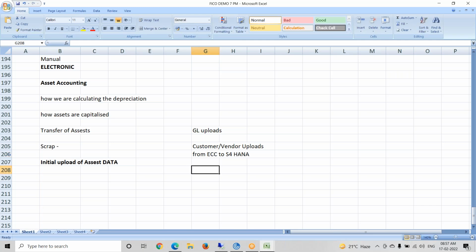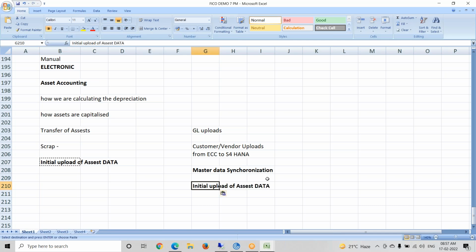Okay, master data synchronization, we call it master data synchronization. This is more important for us, which I'm giving sessions on now in the morning session, 6 a.m. Then asset upload.